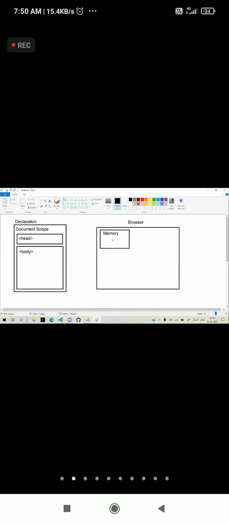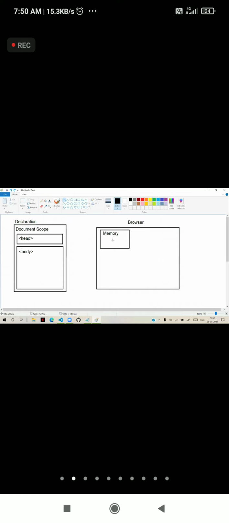And from the browser memory, it will be used later whenever required. That means two situations are there. Information can be directly sent to the browser to display on screen, and sometimes information is kept in the memory of the browser so that it can be used only when it is required. So now two points are there. You want to directly show and use it in the browser, or you want to keep it in memory and use it later whenever required.